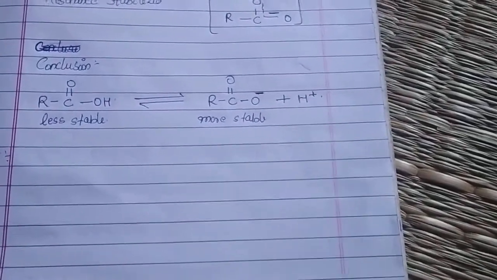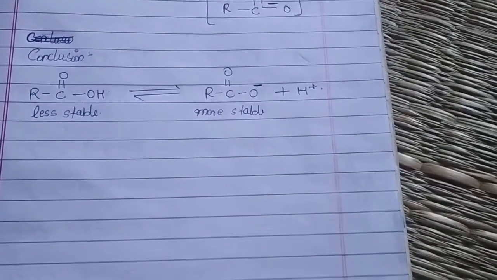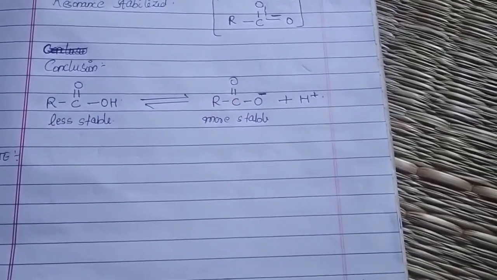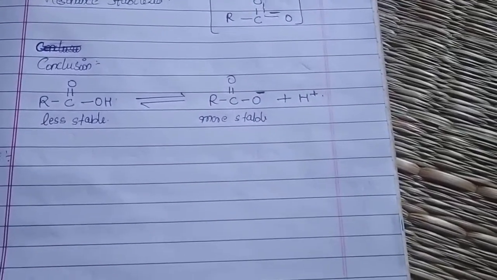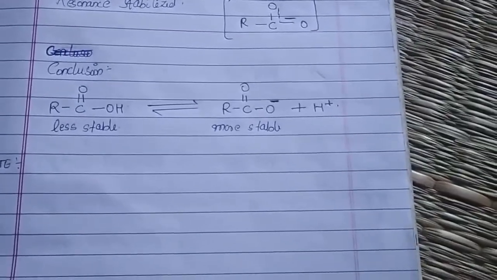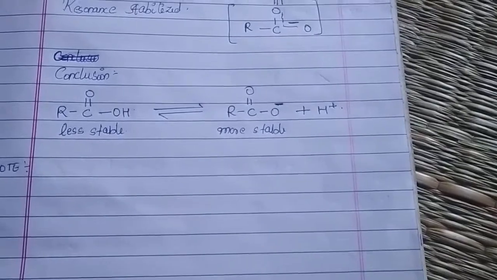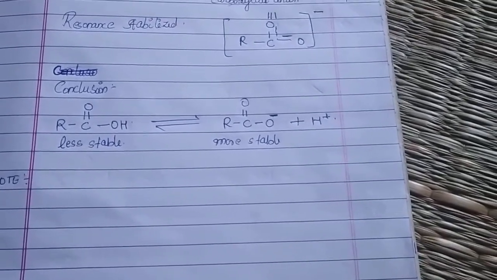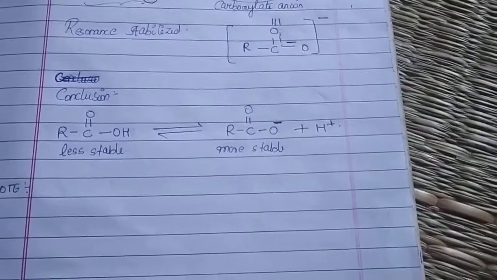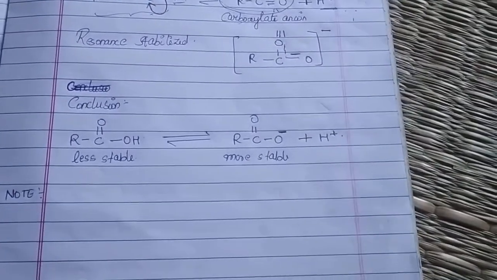Which is more acidic? Your phenoxide ion was more acidic. Why is it so? Compared to the phenol and the phenoxide, your phenoxide ion was more stable. That means by the loss of a proton, when phenol undergoes conversion to a phenoxide ion, it becomes majorly stable. The same aspect we have seen here also. So when I am comparing now